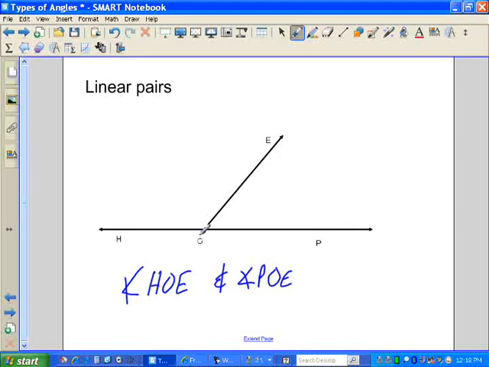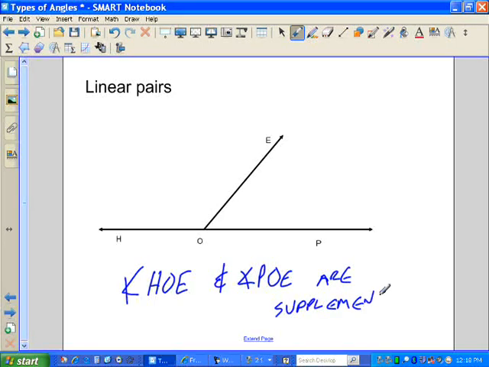So we just start with the letters and work our way around there, okay? They are a linear pair. They make a straight line, okay? And linear pairs are two angles that add up to make a straight line. So linear pairs that equal 180 degrees, they're supplementary,